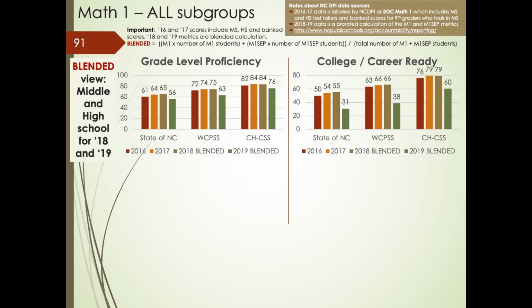And I'll be showing the 2016 and 17 Legacy Math 1 EOC scores, just to see the context of that as compared to the various of the 3 metrics that we have now for 2018 and 19. So on this chart, for example, this is a blended view. So I'm showing 2018 and 19 will be the blended numbers. So this is going to be sort of the best representation of the total overall picture of how students are